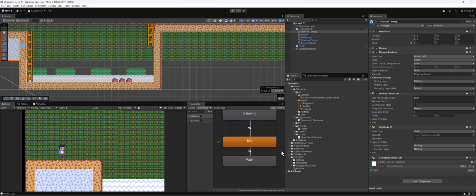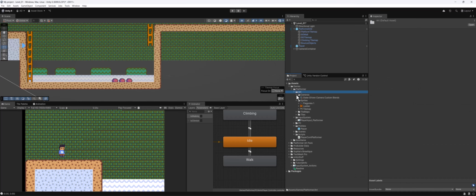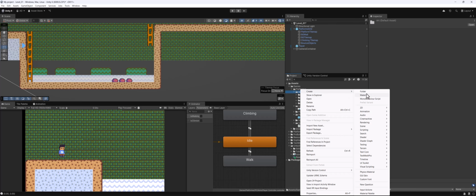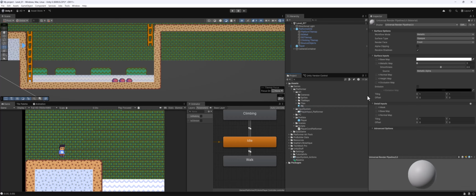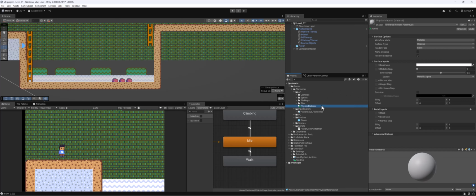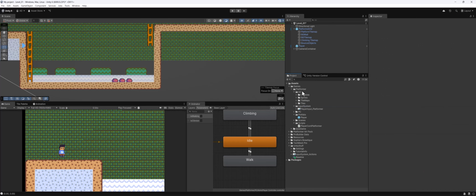All right, so let's go into our project and in our art folder here. Inside this art folder, I'm going to create a new material, and I'm going to call this physics material. Oops, sorry. I want to create a new folder. Geez, where's my head at? This is where I'm going to put all of my physics materials. So create folder, physics